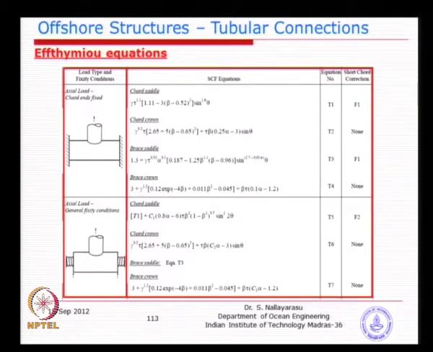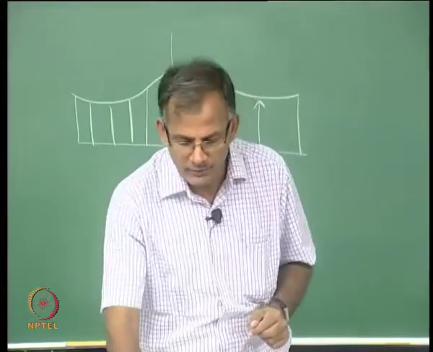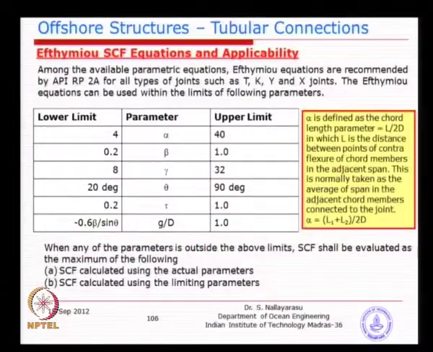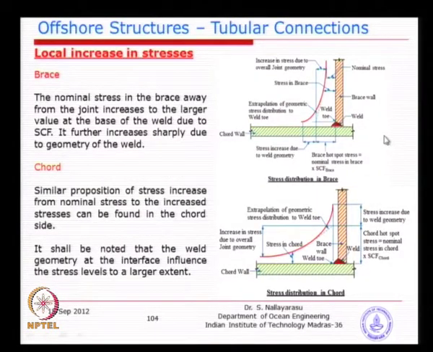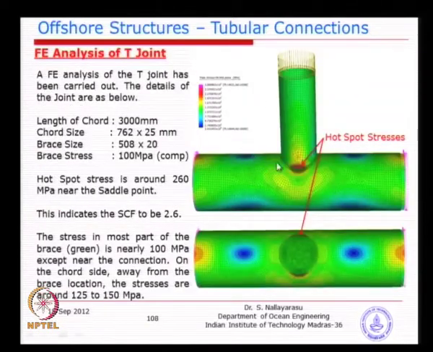I think we have seen a stress variation from nominal stress to the footprint of the weld. I think we can go back a few pictures before, somewhere here. So, for the brace side we take the stress at the footprint of the weld here. For the chord side we take the footprint of the weld toe at the chord connection. So, there will be a local area which we have not simulated the weld, but the stress will be there. For example, if you go inside here, the intersection between the vertical plate and the pipe, there will be a junction.